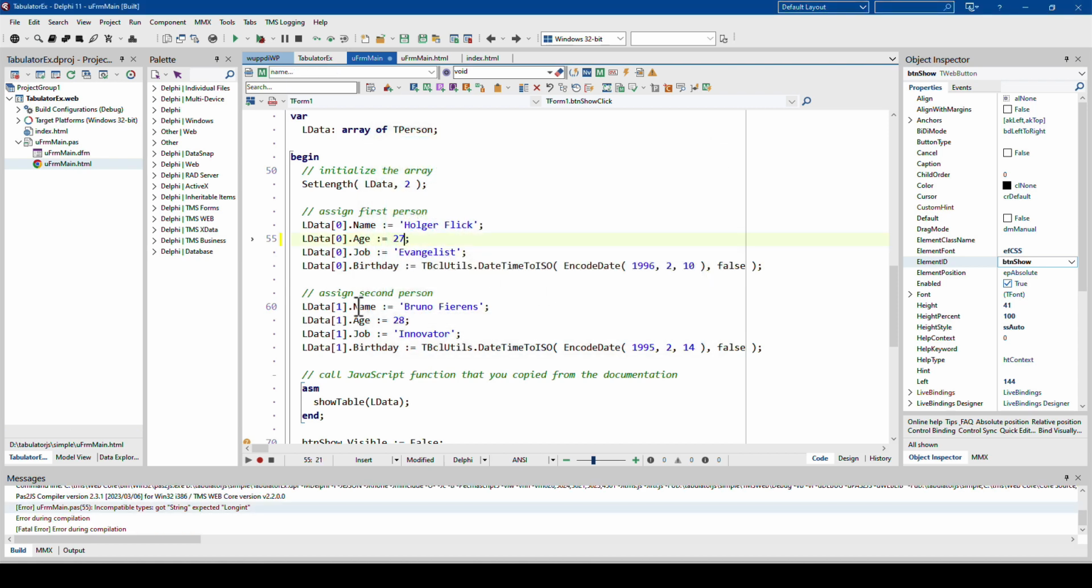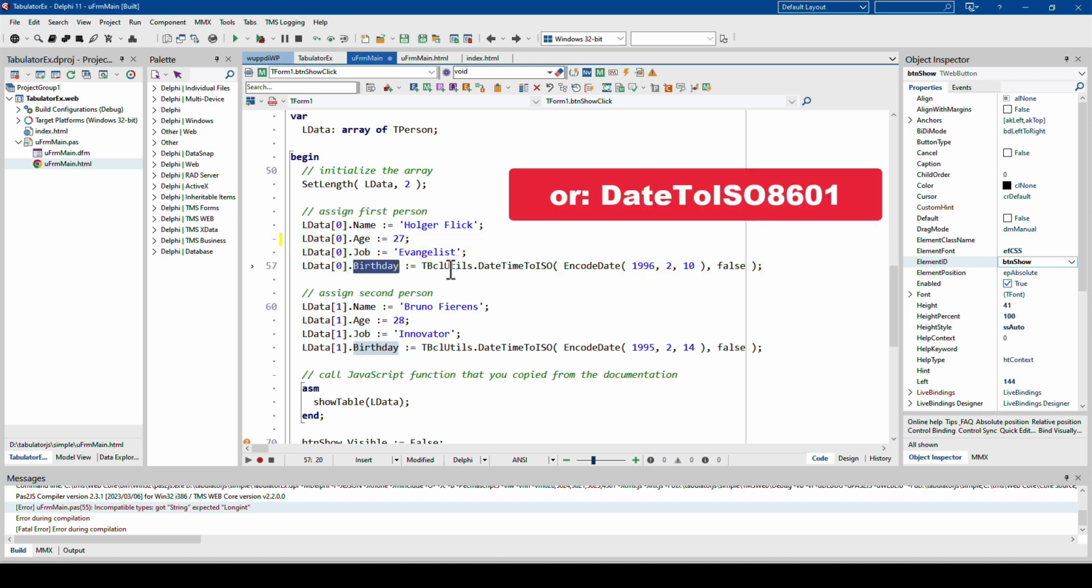If I were to use JavaScript specific types, there wouldn't be an error because JavaScript isn't that picky when it comes to its objects. It basically would say, okay, age is a string. That's it. Because there is no definition for the data structure. And then we have job and the birthday using the TBCLUtils class. And that has a class method